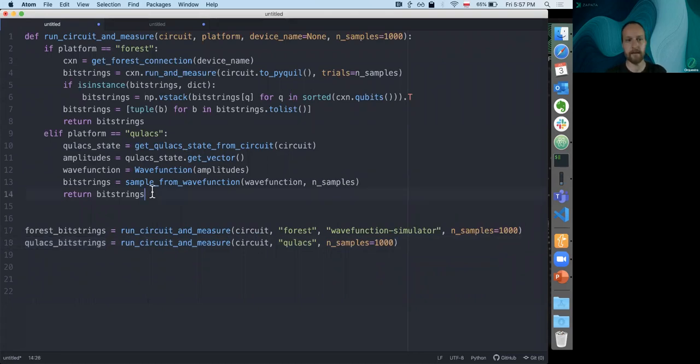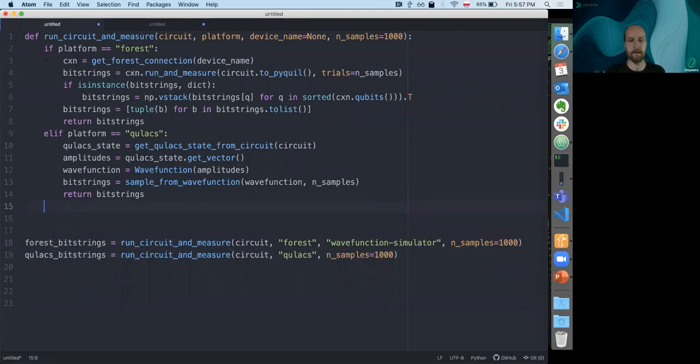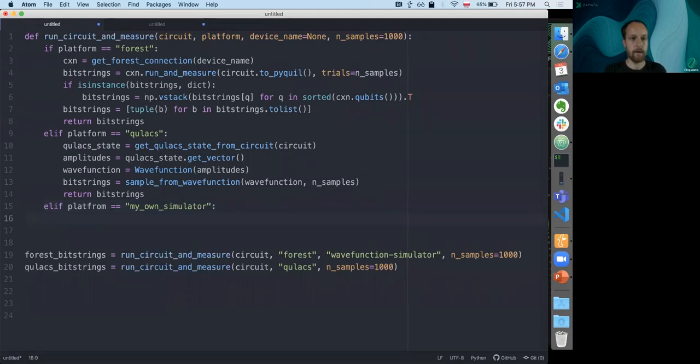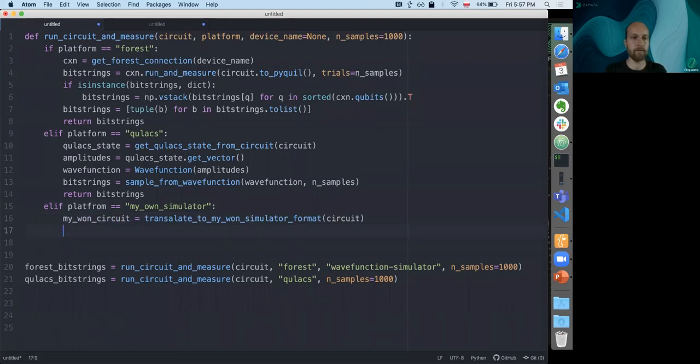Well, it looks good when we have two simulators, but then someone comes and says, okay, but I want to add a new simulator. Well, you know what they do? They create a new simulator and call it my own simulator. So I want to take the circuit, and I have some translation to my own simulator format, and I have this circuit, like my own circuit. And then I want to add some parameters for my simulator. So let's say my simulator takes some noise models as an input. So I will take the simulator and do results equals my own, like MOS simulator, run